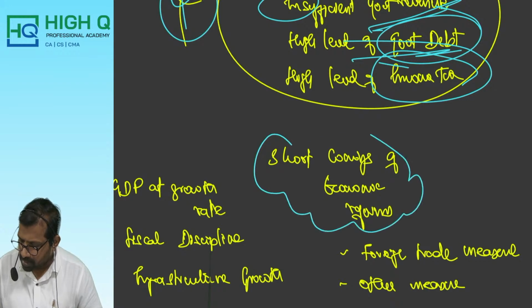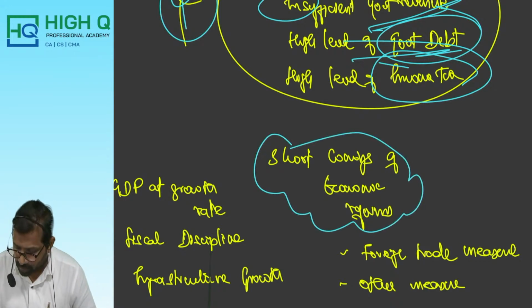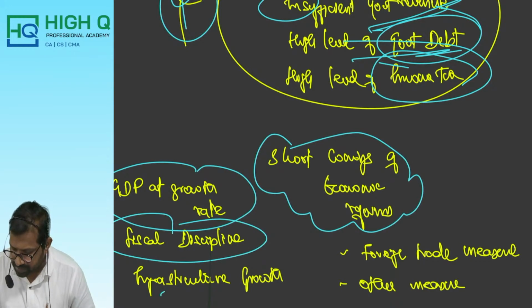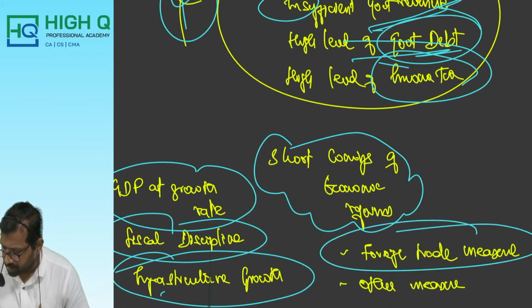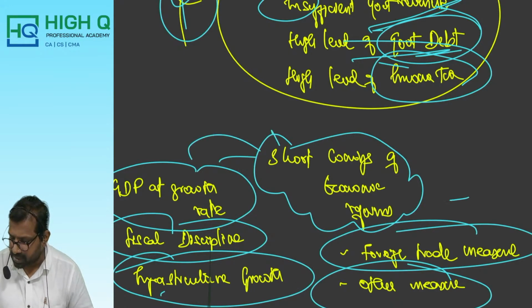So these are the shortcomings of economic reforms. You have to know GDP growth rate, fiscal discipline, infrastructure, foreign trade measures, other measures which influence the